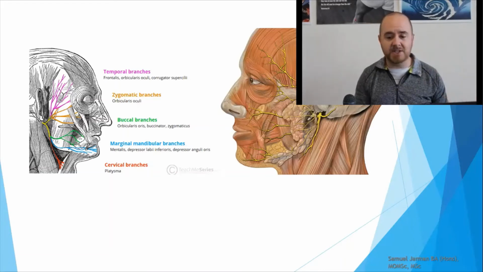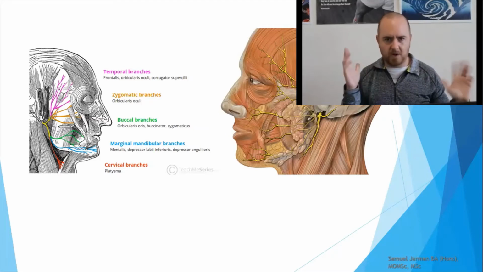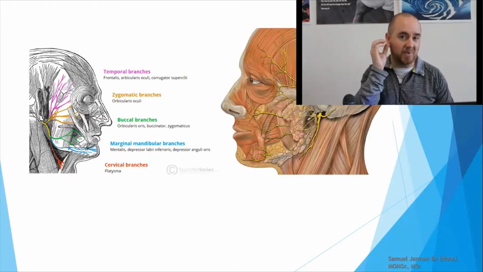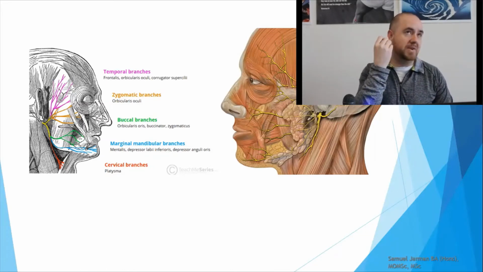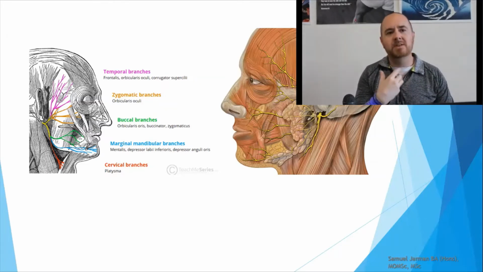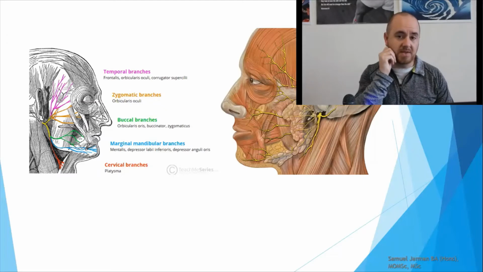As far as the innervation to the muscles of facial expression, you're considering the facial nerve itself and its branches. Now, the facial nerve, if I counted right, has 6 branches. Off the top of my head, I may mess that up a little bit as I'm rolling through this. But essentially, what you have is branches that are going to come out in and around the ear, right? So when you're considering the path of the facial nerve, you're considering the ear. So it's possible that things like soft tissue manipulation of the ear can alter it, or can do something. If there is something going on with the facial nerve, it's very unlikely, but at least possible. Areas where you're going to be more curious would be the TMJ or the mandible and how it's moving.